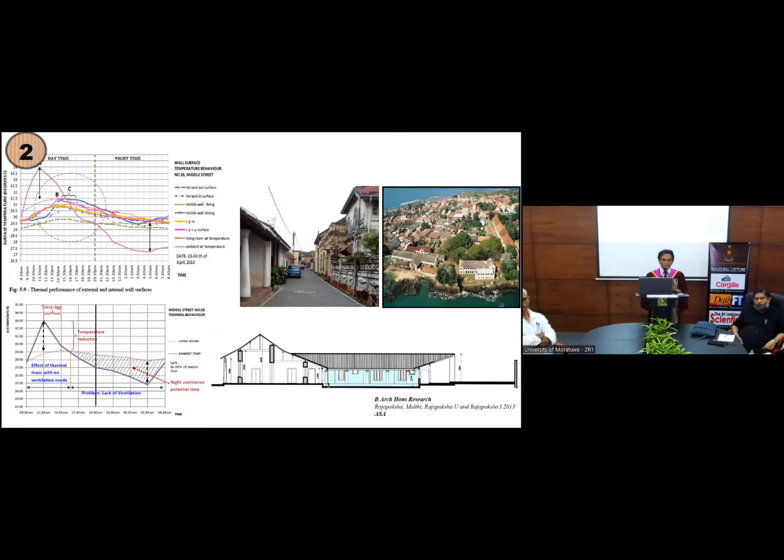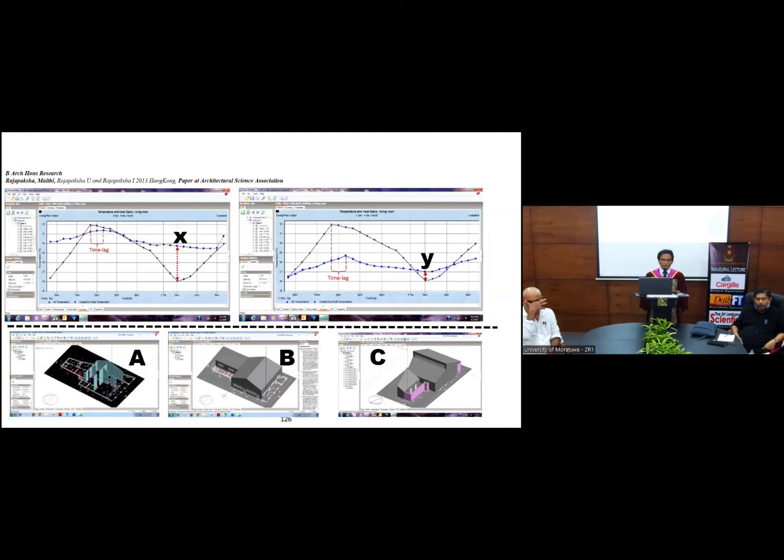So there is a potential of using thermal mass with our climate. But now this research was extended to test its potential for night ventilation, and some simulations were done on this model. A and B show the present situation, and C is the design change model, which shows an opening at the roof level. Graph X is the present situation. The blue line drops to a greater level as shown in graph Y. So night ventilation works well in Goa.